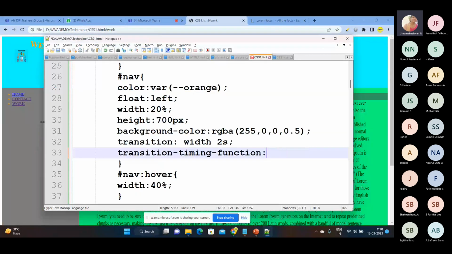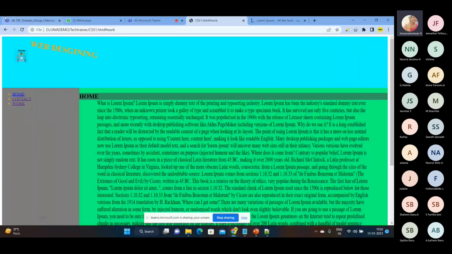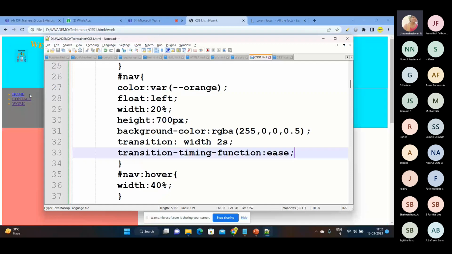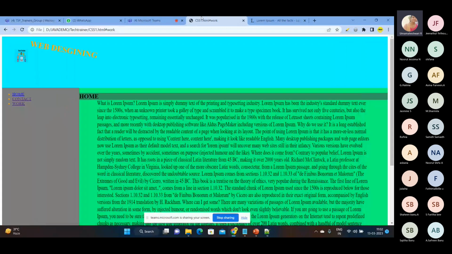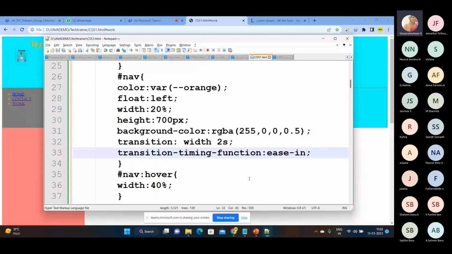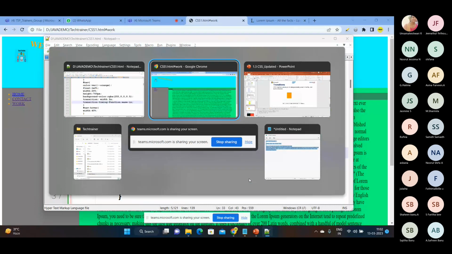When changing to ease, then what happens? It is very fast at the starting and at the end, it is very slow. And if I give ease-in, go and refresh. At the starting it is very fast and then it is slow. Like this, it will be changing. So this is called a transition timing function. Okay, and next